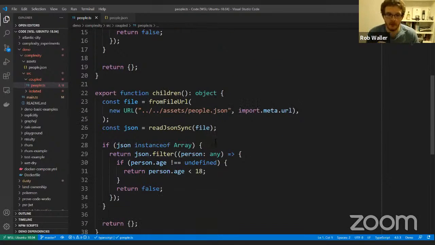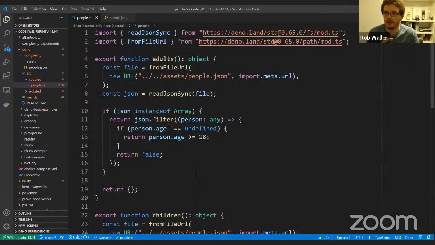And then below we've got a second method. This time is doing children. It's doing exactly the same thing. It's going away and it's going to get the people data. It's going to parse it, and then it's going to loop through it and check this time whether the person's age is below 18. And if it is, it's going to return the children, basically. Now, this code is super simple, not doing anything particularly complicated. And again, if it was just like a microservice existing in isolation on the internet, and it wasn't doing much, and it had a few basic integration tests, it would probably be fine, no problem.